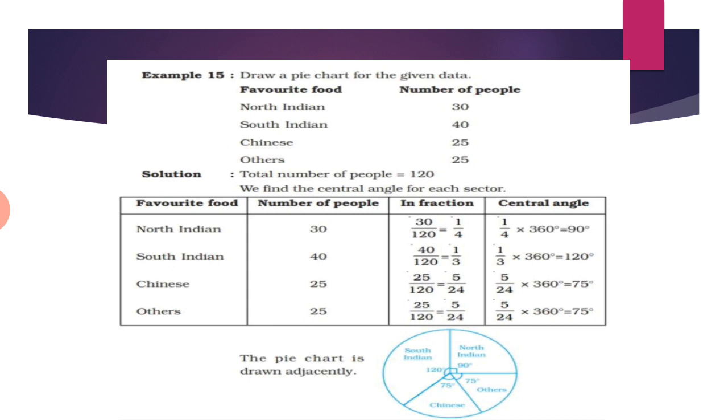You can always check with your protractor once to see whether 75 degrees is there or not. In the exam, children, please remember we allow 1 degree here and there, but not more than that. So in order to be perfect in your diagram, you need a very pointed pencil and a good compass. So be very careful with all this. I hope this is clear to everybody, how to construct a pie chart.